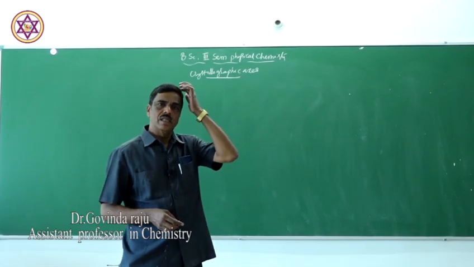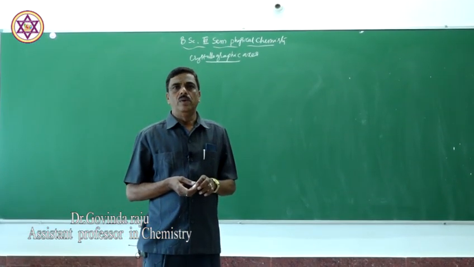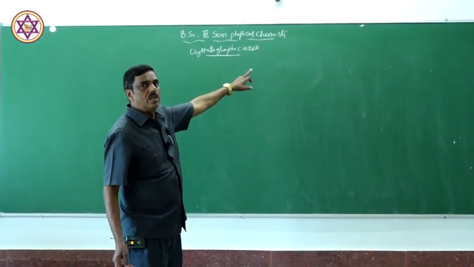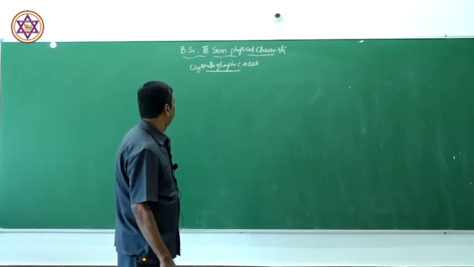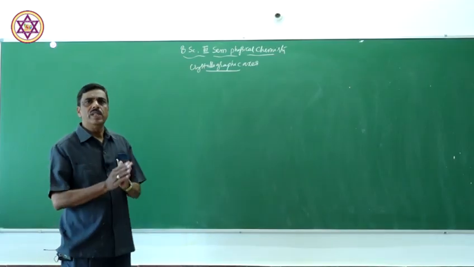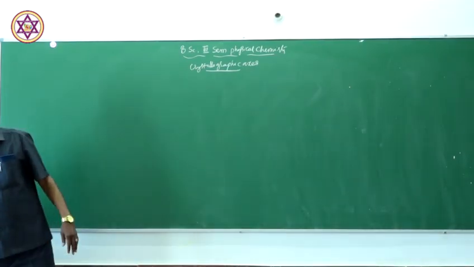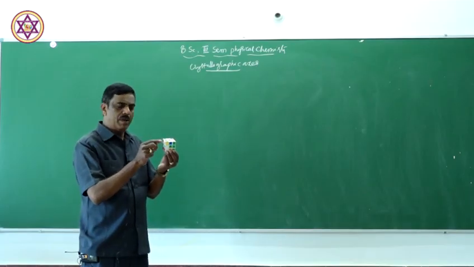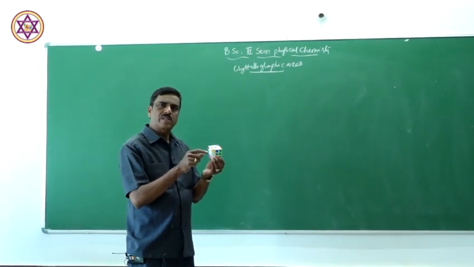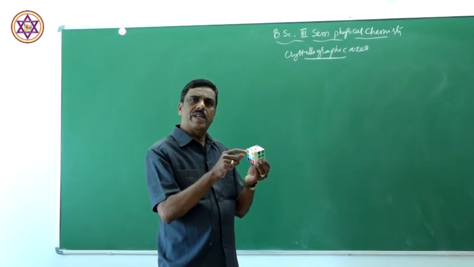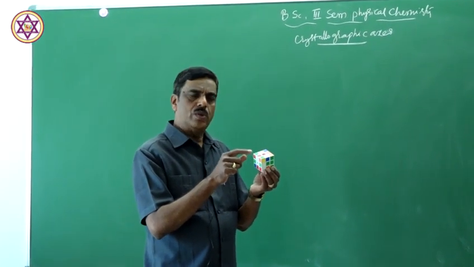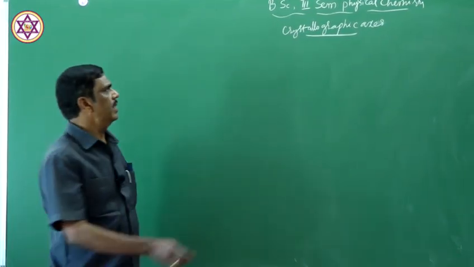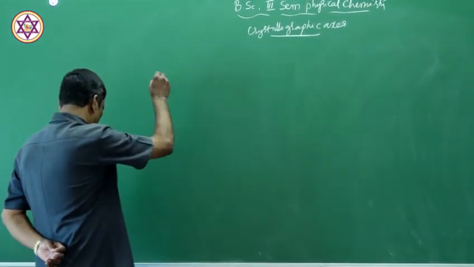In today's class, I am going to explain to you about crystallographic axis and also Bravais lattice. Now, you know that crystals are made up of a number of edges, a number of faces and axes. So, to explain the geometry of a crystal, we should know about the crystallographic axis. Crystallographic axis can be drawn like this: